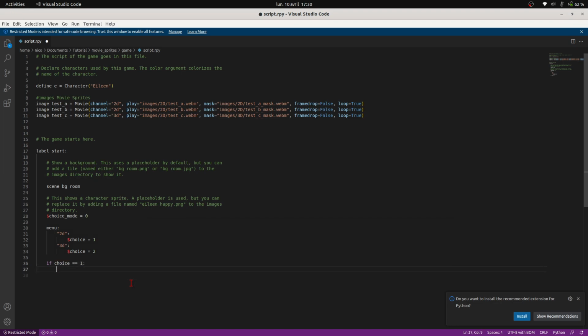I will then set up a condition. If the variable has the value 1, I will display the movie sprites present in the folder named D. To display a movie sprite, I write the instruction show followed by the name of the movie sprite.